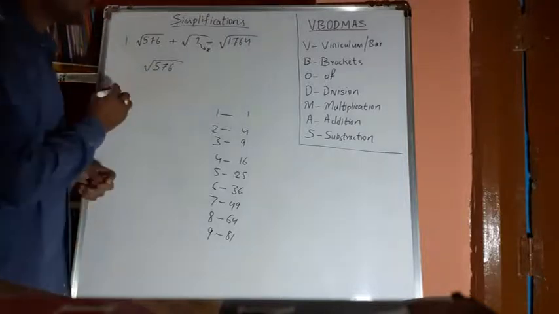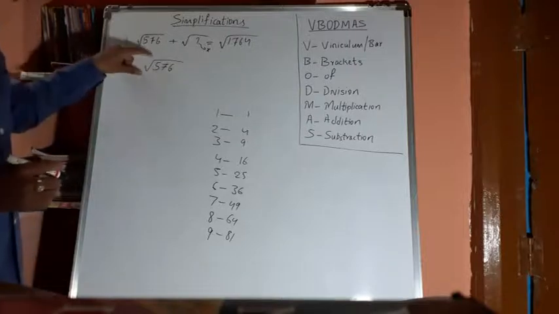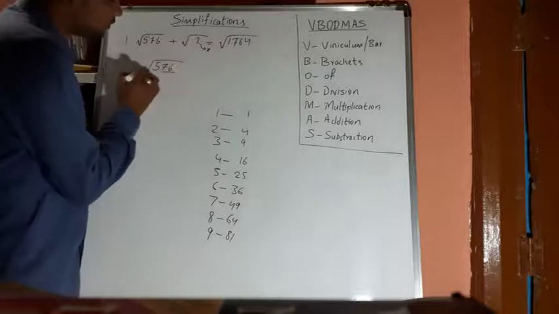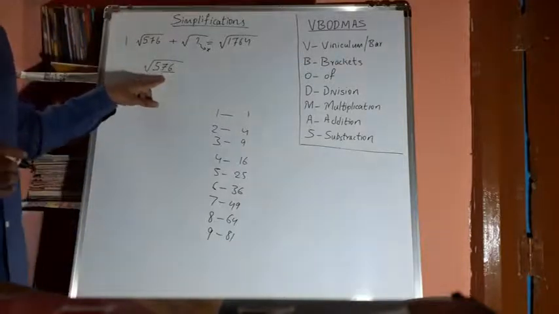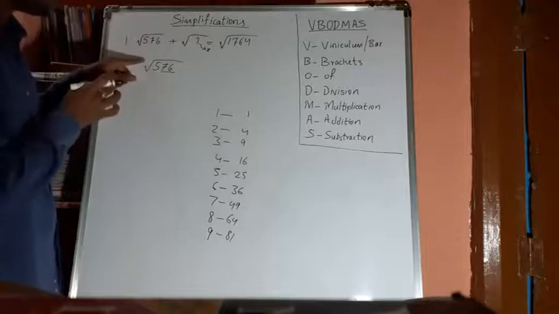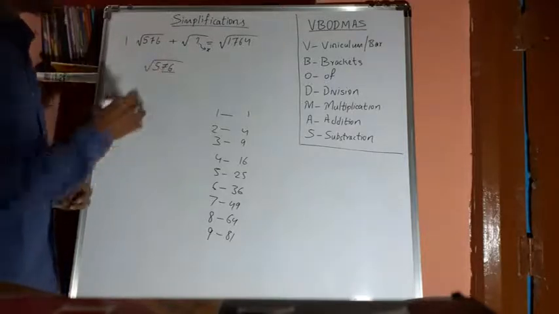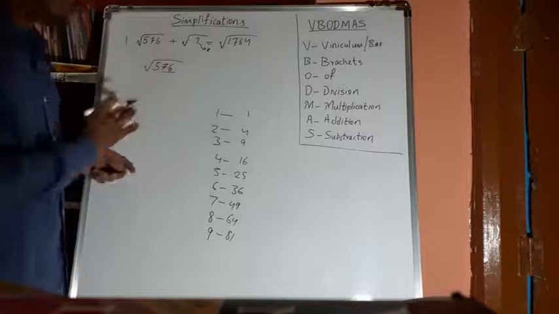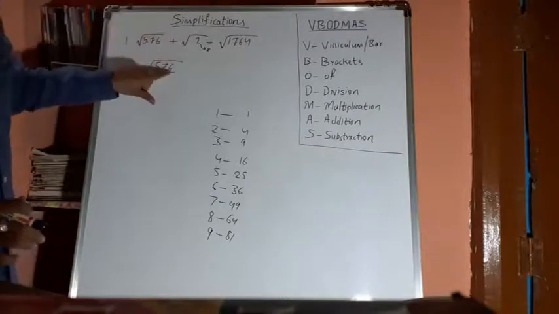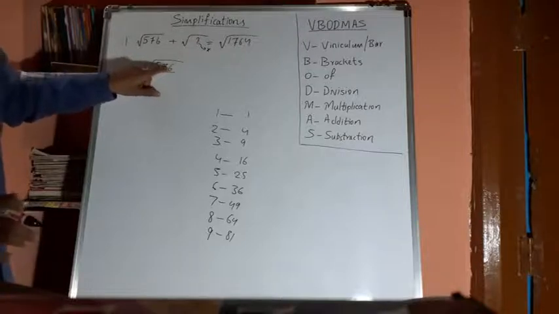So see here friends, how to find. For square numbers, if you want to find the square root of it, you have to select the last 2 digits. If it is a cube number, you have to select the last 3 digits. Since it is a square number, I am selecting only the last 2 digits, right? So first you have to select the last 2 digits, and in these last 2 digits, you have to go for the unit digit. How much is it? 6, right? So it is ending with the 6.